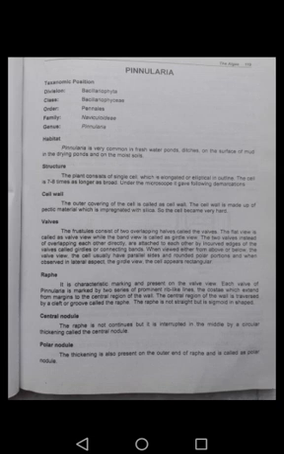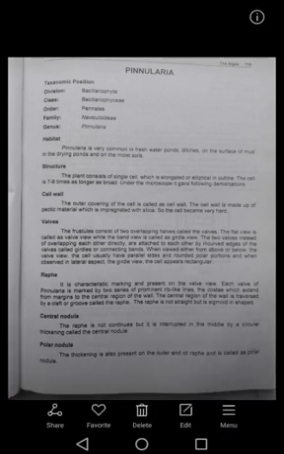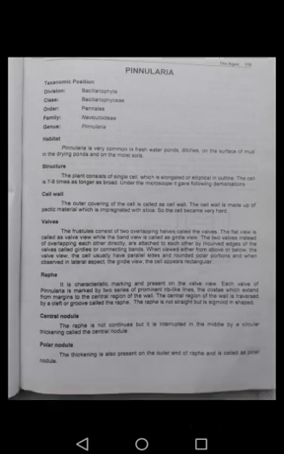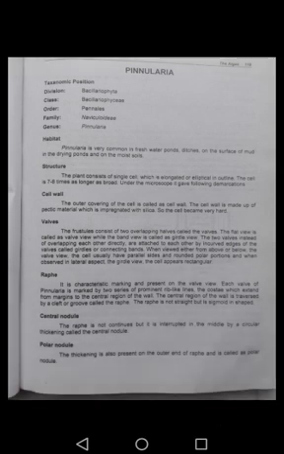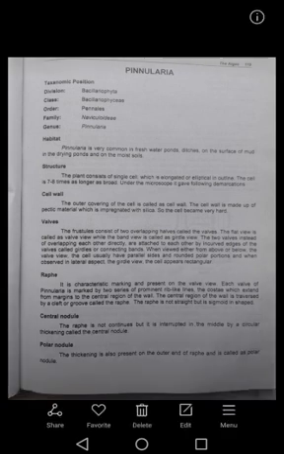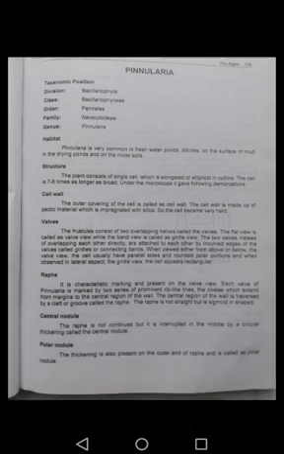Structure: अगर हम देखें the plant consists of a single cell which is elongated or elliptical in outline. The cell is 7 to 8 times as long as broad. Under the microscope it shows the following demarcation. Cell wall: इसकी अगर हम देखें तो outer covering होती है cell की, it is called the cell wall, and the cell wall is made up of pectic material which is impregnated with silica, so the cell becomes very hard. Valves: the frustule consists of two overlapping halves called the valves. The flat view is called the valve view while the band view is called the girdle view.